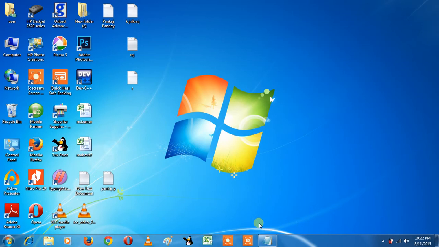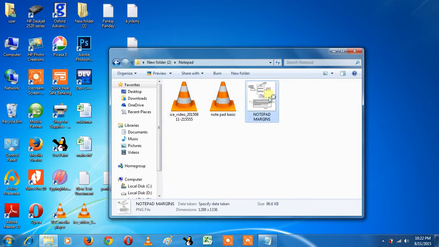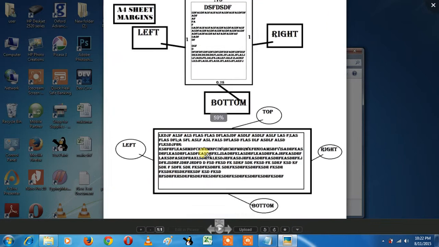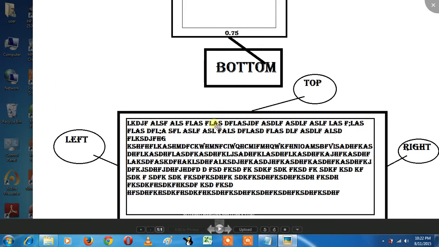I will show you the landscape option in our drawing. Just look at that, this is the portrait form and this is the landscape form. In landscape you can write data from left to right. Look at that friend, this is a landscape page.